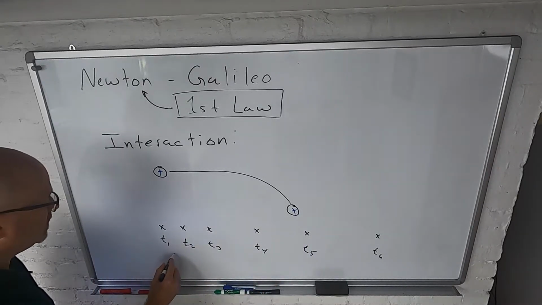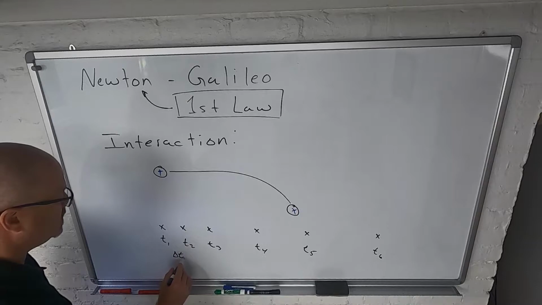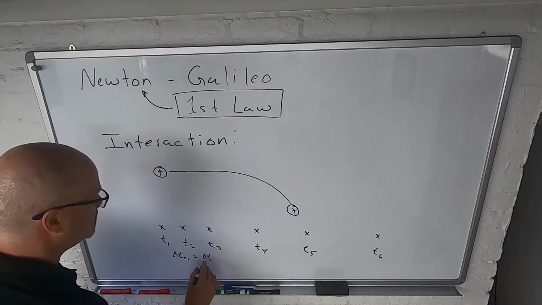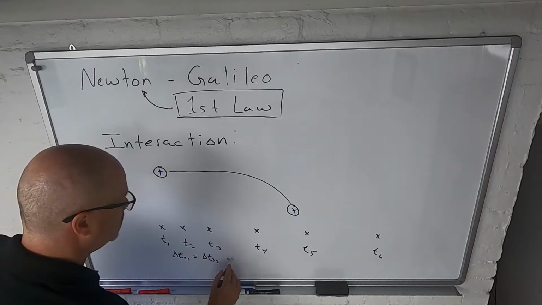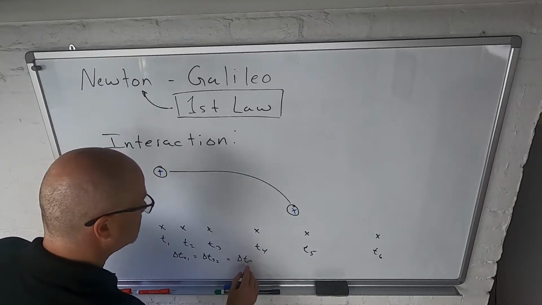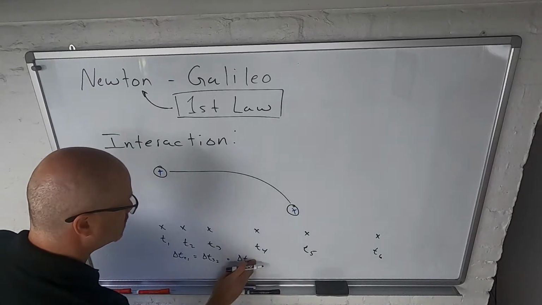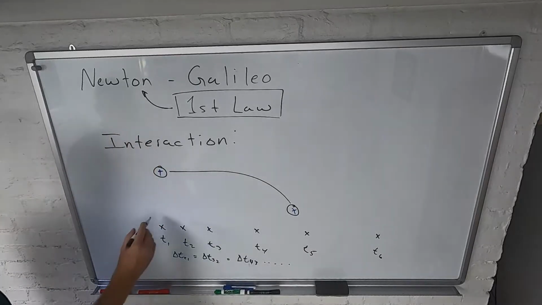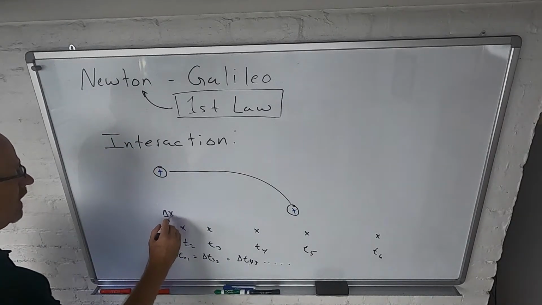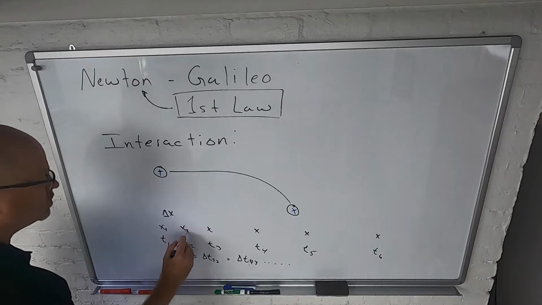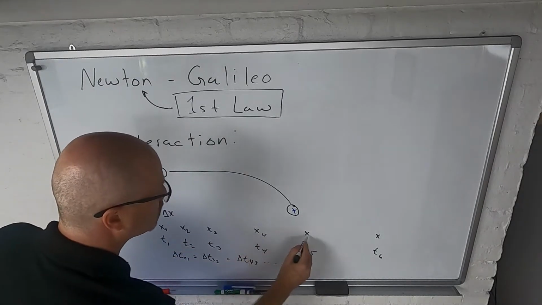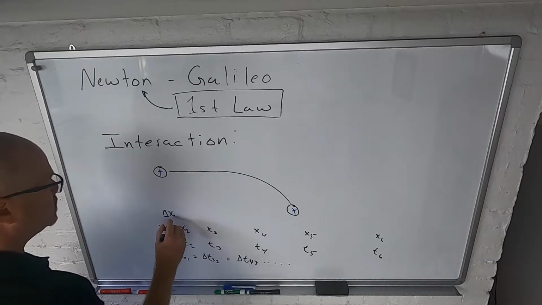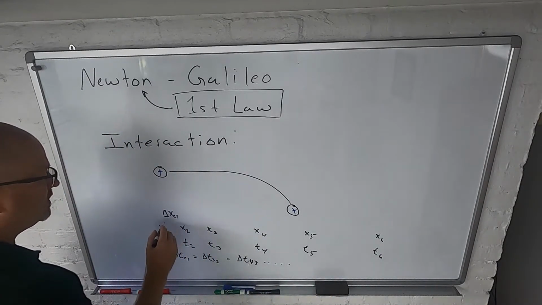That is, delta t21 is equal to delta t32 is equal to delta t43, etc. But delta x, call this 1, 2, 3, 4, 5, 6, delta x21